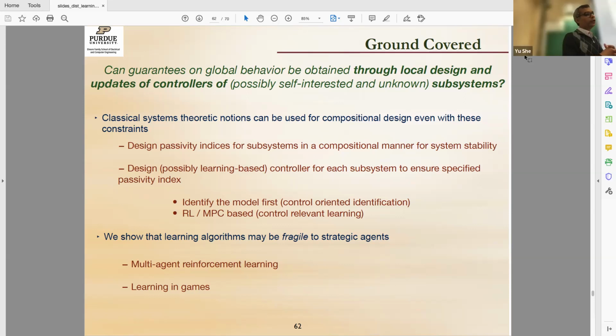Yeah, very, very good question. Can you restate the question? Yeah, so the question is that in the very first part, I'm only interested in stability. What about performance? Is there some way to also get performance guarantees? So getting performance guarantees, even in the classical setting where I can do centralized design, is in general a very difficult problem in distributed control.